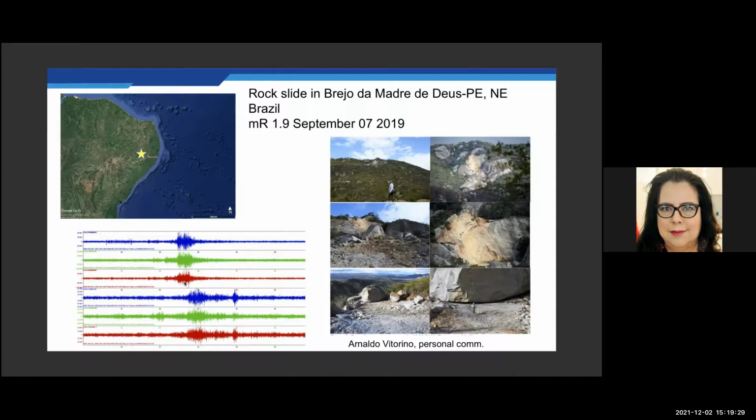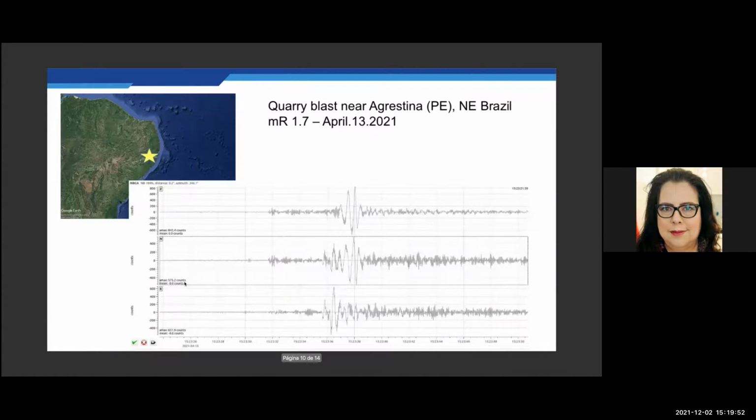And the idea is, can we detect and can we classify those events so that we have an idea of how often they occur? Are there any other rock slides that passed unnoticed in our data set? And I'm trying to stick to Genoveva's rules of asking the right questions.